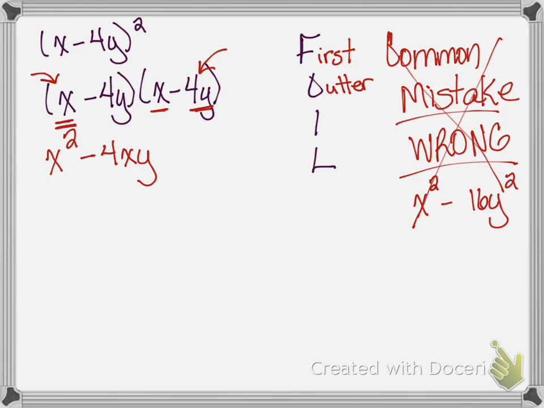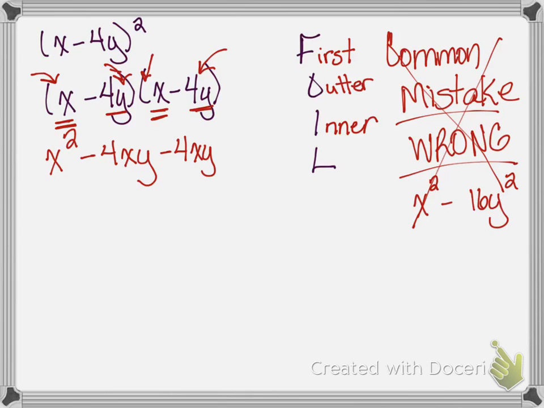Okay? Then I have inner terms. Inner. That's negative 4y and positive x. These are on the inside of the four terms. Okay, so that's what I'm multiplying together. So then I get negative